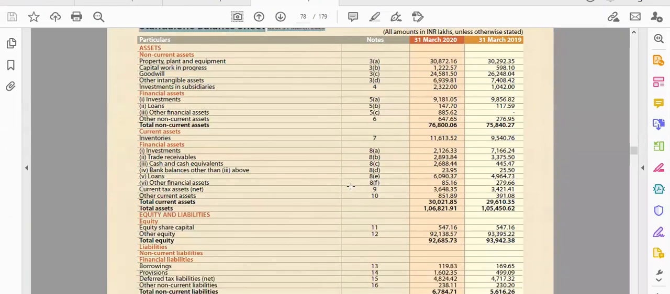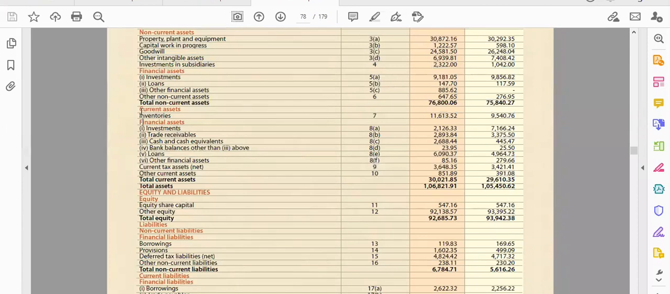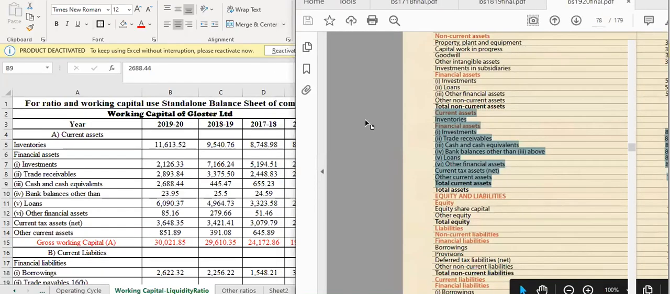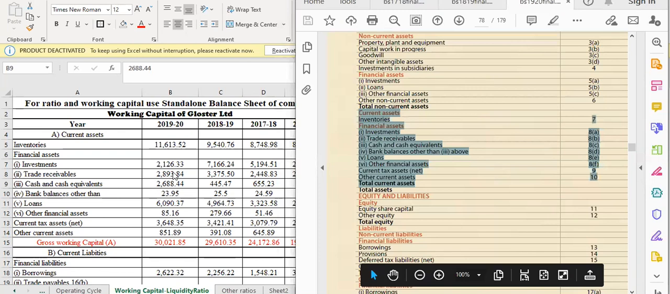All the current assets are already given in front of you with the total. So as it is, you have to copy in Excel. You can see I have done the same. I will show you parallelly in front of you. First, you have to